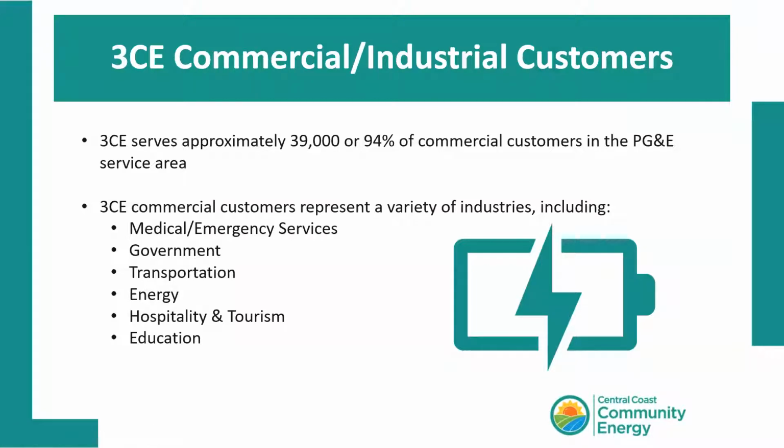So the customers that are going to be affected, there'll be changes across all customer classes, but the groups that we're going to speak primarily about in our bill comparisons are existing commercial and industrial customers. We have over 39,000 customers within our commercial and industrial customers within our PG&E service area. And we have various industries, as you can see here, and you may be coming from many different industries. These go from some really small businesses to really, really large. So at the end of the day, the rates that we're discussing will affect you all.